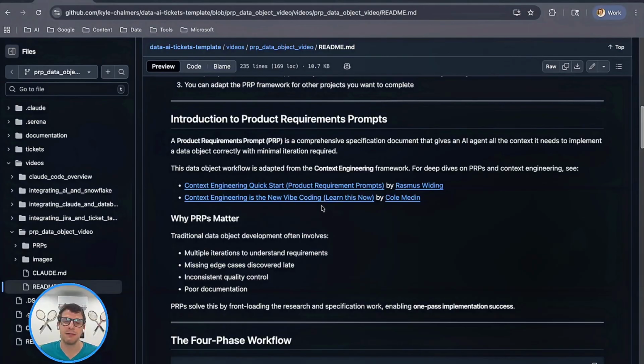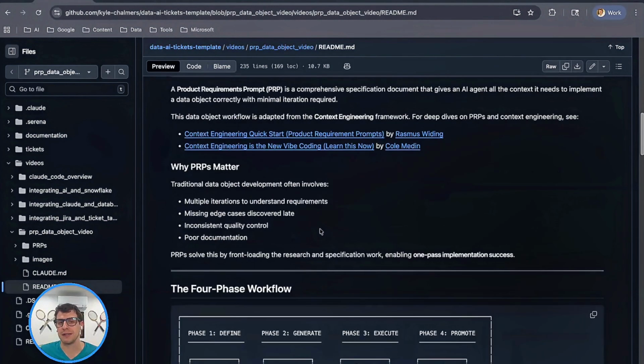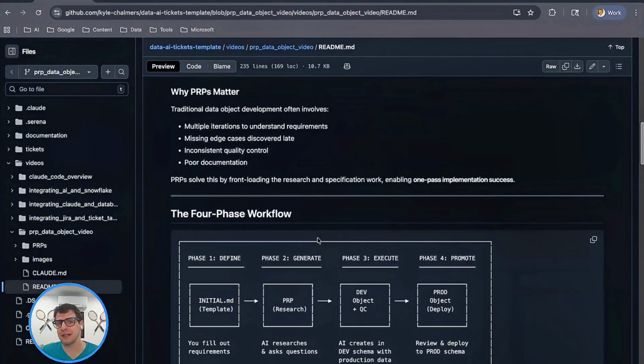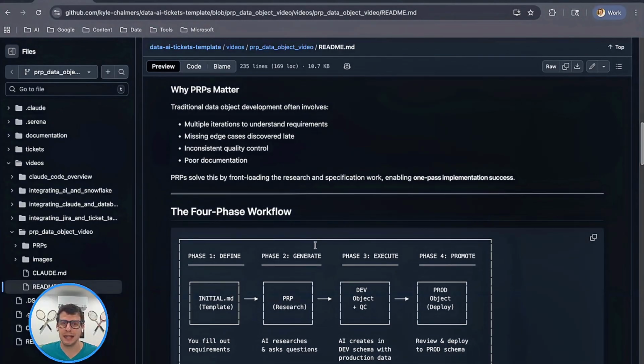I highly recommend them if you want to look at the origins of the context engineering framework, which really come from software development, AI, and agent coding development. But moving on specifically to our data PRP, when you're developing a data object,